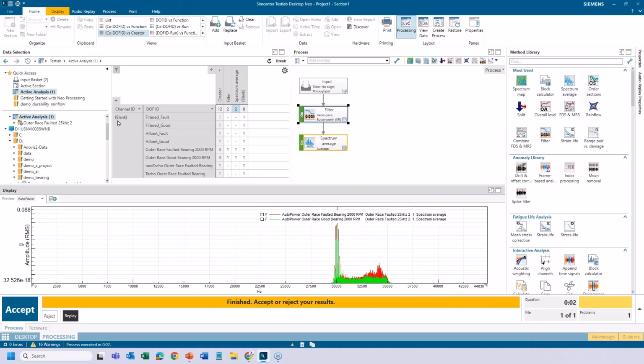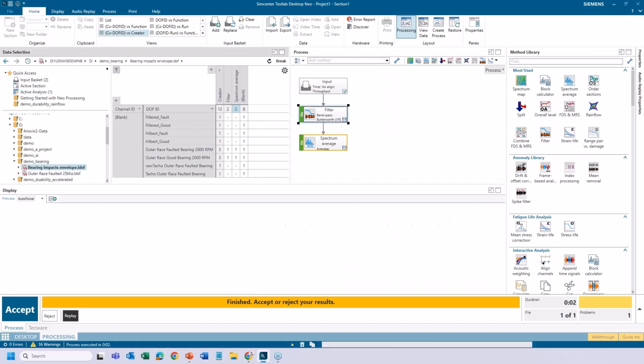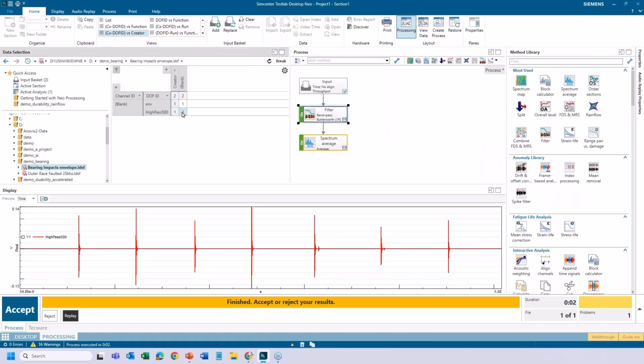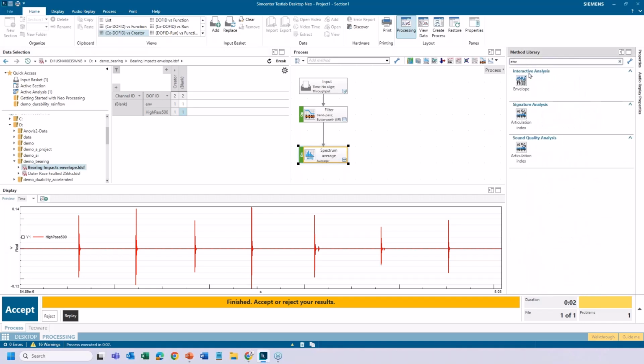All right, I'm going to, like I said, switch gears a little bit. I'm going to go to this impact here. So I have this impact event. I'm going to replace it in there. I'm going to grab the envelope too, because we're interested in seeing how that works. So we got the envelope function.